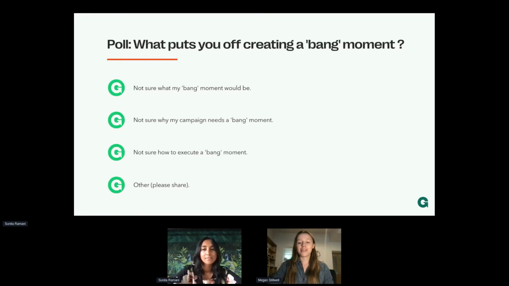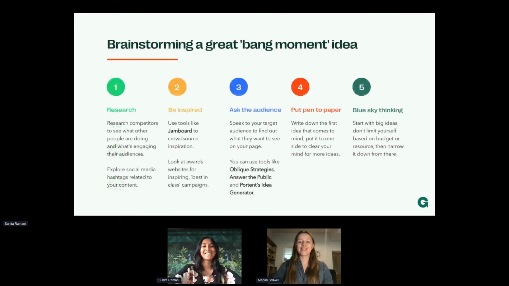All B Corps throughout B Corp month were sharing campaigns around what it's like to be a B Corp and the positive change that B Corps can make. And it's really hard to cut through the noise when lots of organizations are doing that. So hopefully today we will be able to give a little bit of insight on how we've worked through that in the past. Yeah, brilliant. Moving on, Sunita. Thank you.